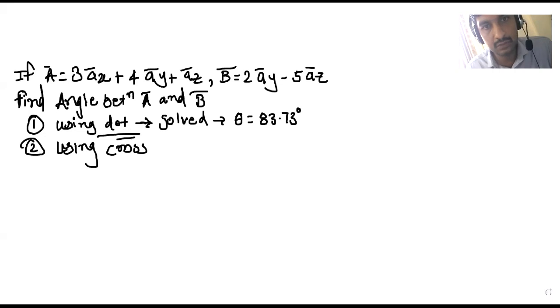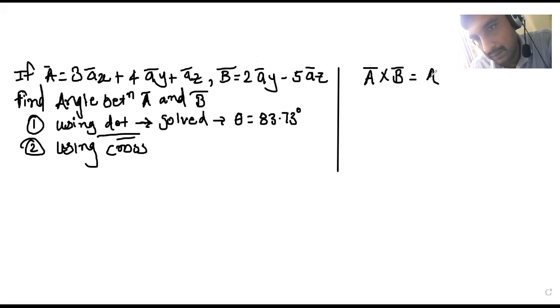For cross product, in the last lecture we have written two definitions. So I'm going to write those two definitions over here. So what are those two definitions? For cross product, a bar cross b bar is equal to ab sine theta a bar n. This is one. And the second definition of a bar cross b bar